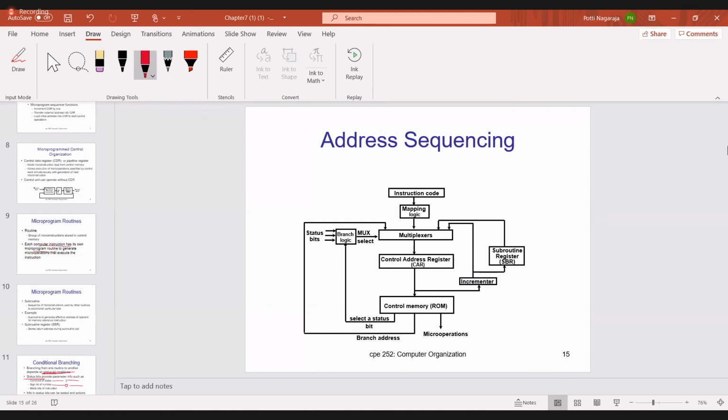I will send this chapter 7 to you. Try to go through it and practice all these diagrams on paper. Then only can you draw them in your final exam. Otherwise, it will be difficult. If you practice daily, it will be an easy subject. If you don't practice, then automatically it will be difficult to write the final exam.